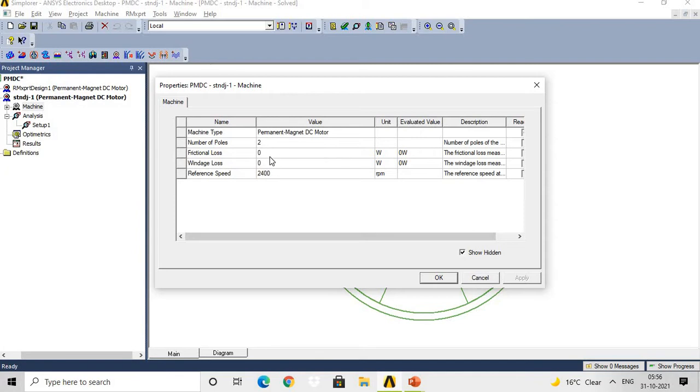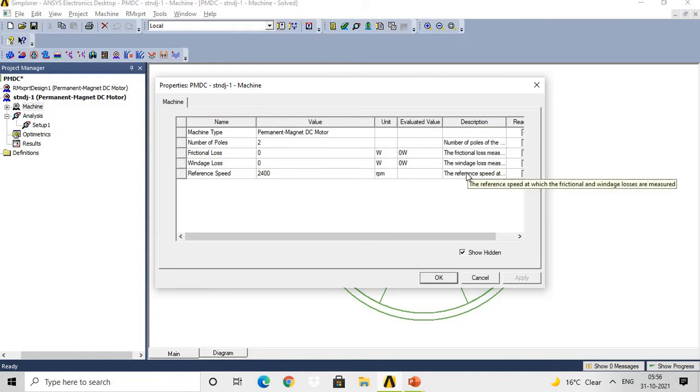Then frictional loss. Initially you can decide the losses according to which your machine will be designed or simulated. What is the meaning of frictional loss? The frictional loss measured at the reference speed. Right now here I have assumed it is 0. Then windage loss means the windage loss measured at the reference speed.